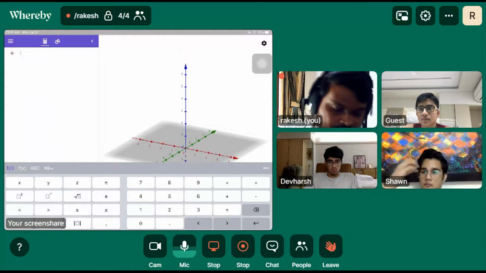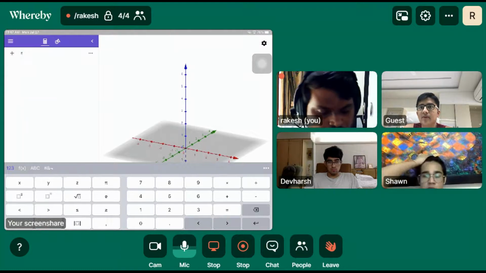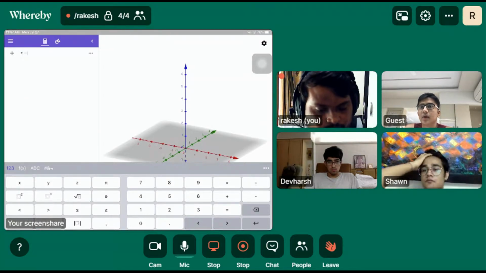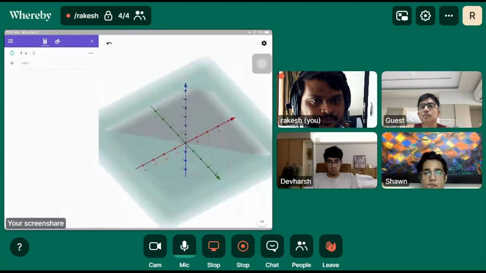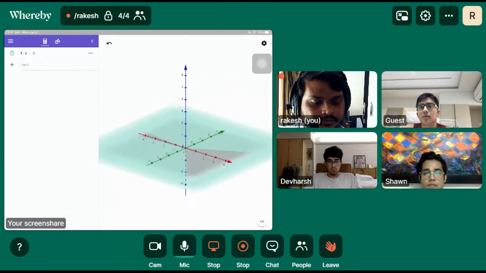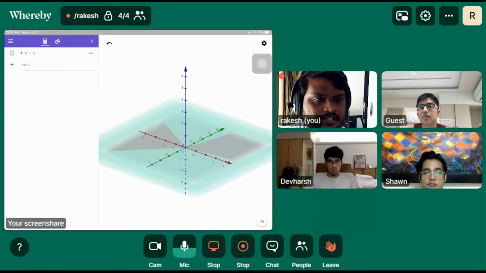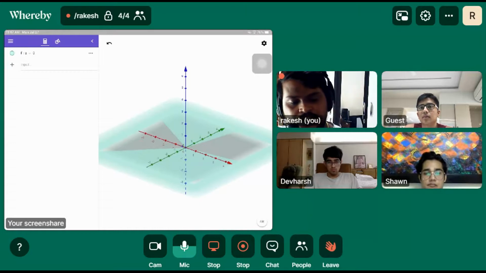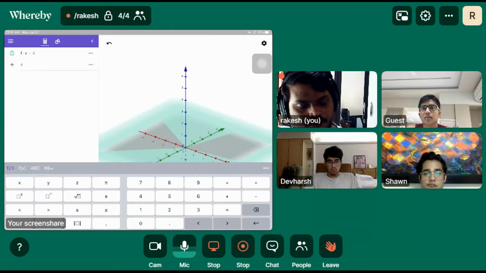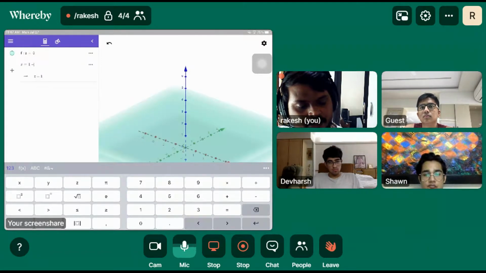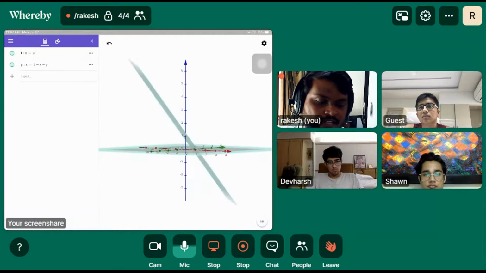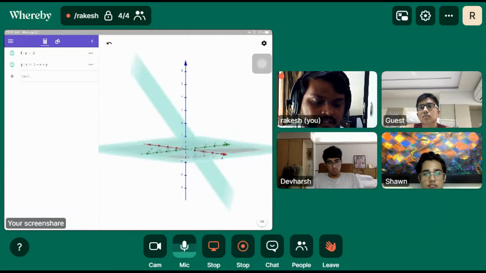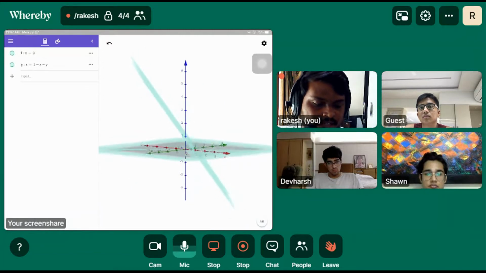Just let me draw these things. Z will be equal to a square base and it will always intersect that corner. See, did you notice what z is equal to 0 is here? Right, the xy plane. This is the xy plane. Then z is equal to 1 minus x minus y.